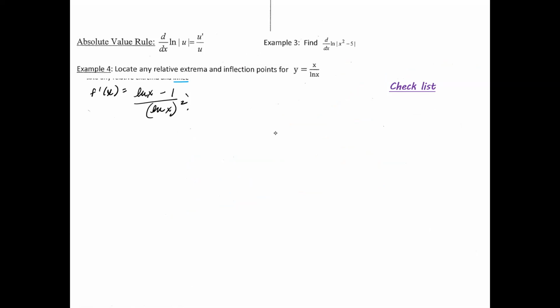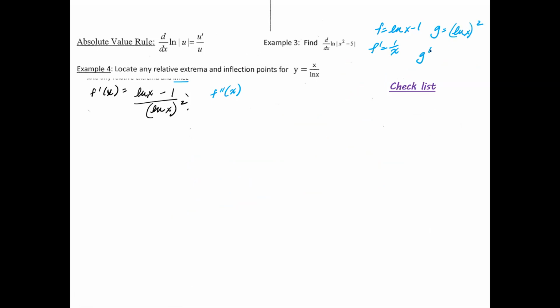All right, so let's go on to the next part of this, which is finding the second derivative. Okay, so the second derivative is going to be f double prime of x, and unfortunately, I feel like we're going to have to do this one more time with the product or quotient rule. So I'm just going to do this on the side. f is going to be the numerator, ln x minus 1. f prime, derivative of ln x is just 1 over x. Derivative of negative 1 is just 0. Your g is going to be the denominator, ln x squared, okay?